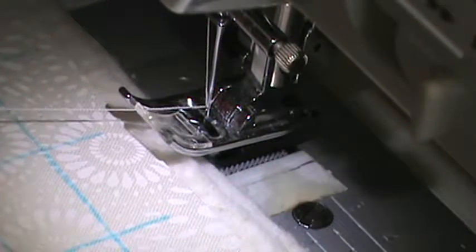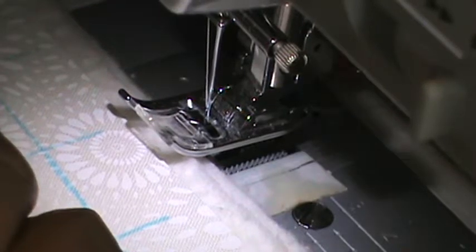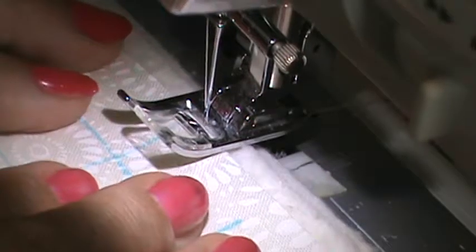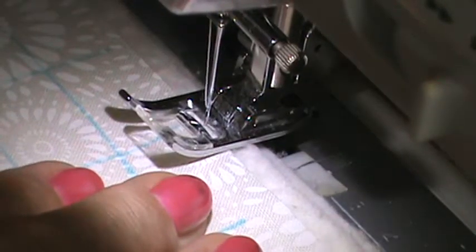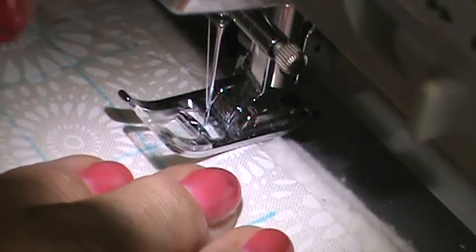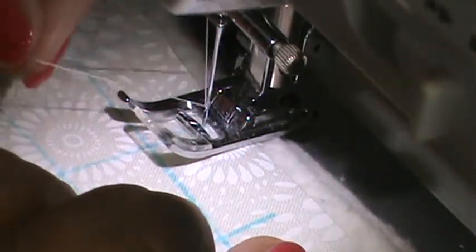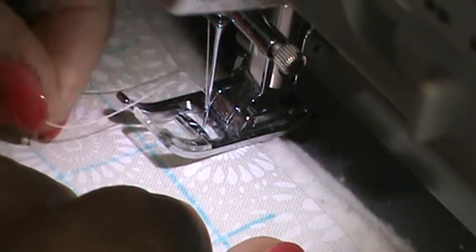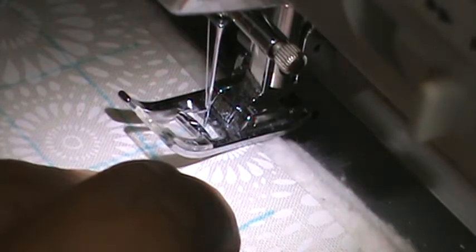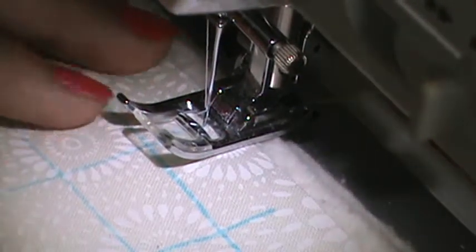And I've discovered that if I use one of these little clips and clip them together, because I have trouble finding them back there both to hold on to them. Most people who sew just reach back and grab them, and I can't seem to find them. So I use my little clip like that, and then slide it. Make sure your top thread right here from the needle is under your foot. This is the foot. Okay, and you just slide them back there in the back, and then you go to the center